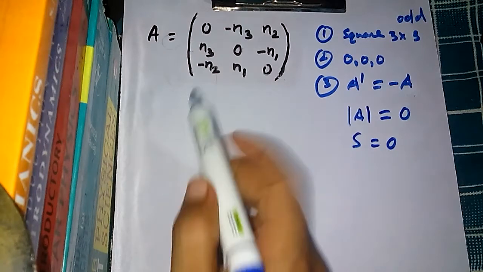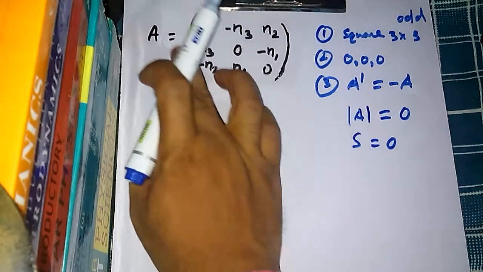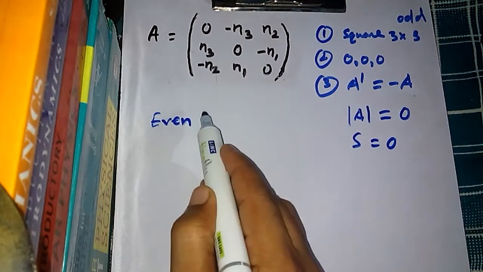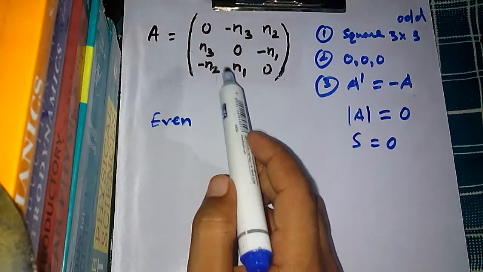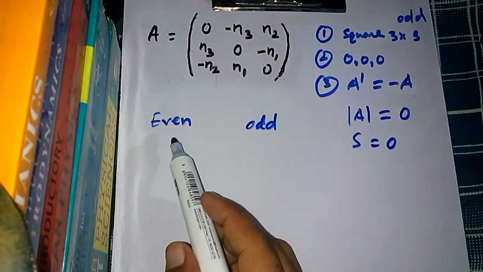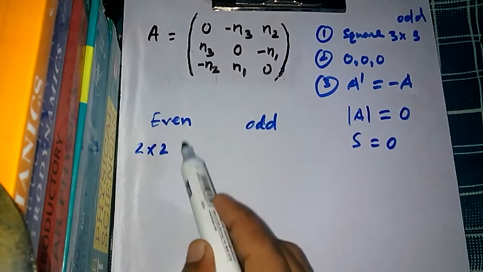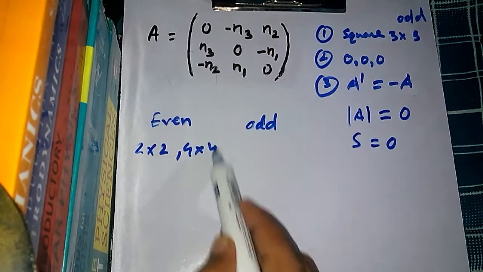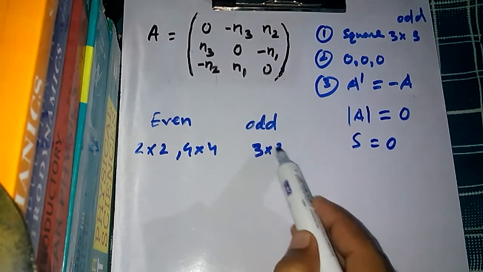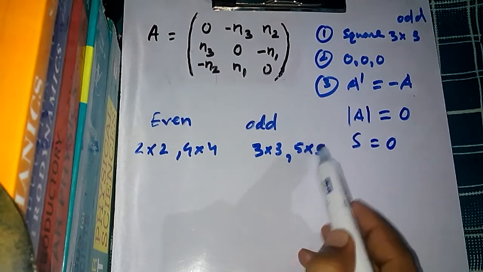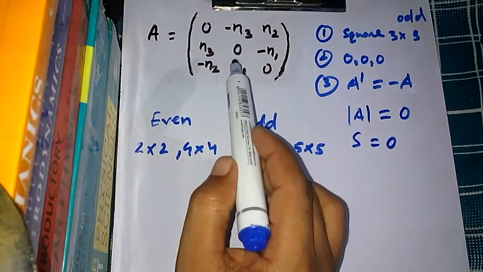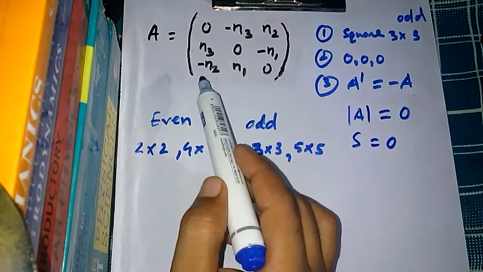So there are two things. Suppose you have been given an antisymmetric matrix, it could be even and it could be odd also. What do I mean by even? If it is a 2 by 2 antisymmetric matrix or 4 by 4, then it is an even antisymmetric matrix. And if you are given 3 by 3 or 5 by 5, then they are odd antisymmetric matrices. But if you are given an antisymmetric matrix and the non-diagonal elements are real numbers, then